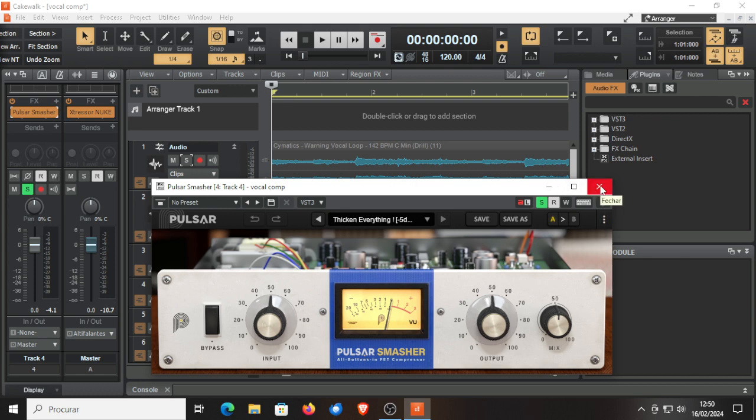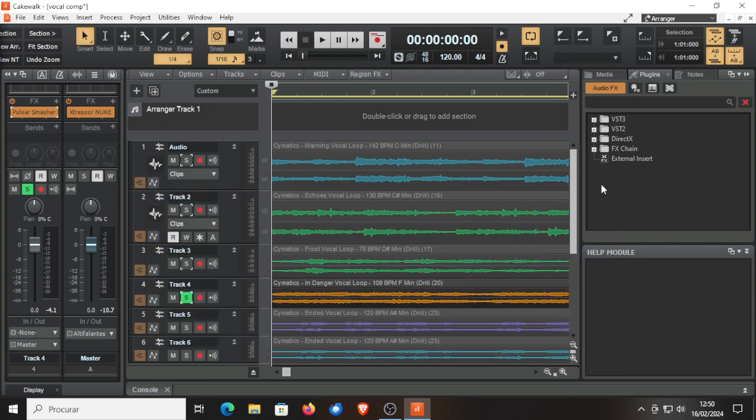But there you go. The Pulsar Smasher, by the way, is also a paid plugin, but you can achieve this yourself with the Analog Obsession versions that are out there, the 1176, and then you can set them up like that. You can even put four in parallel, each with their own ratio, and you have exactly the same kind of thing, because that's actually what happens. So there you go. The next one is